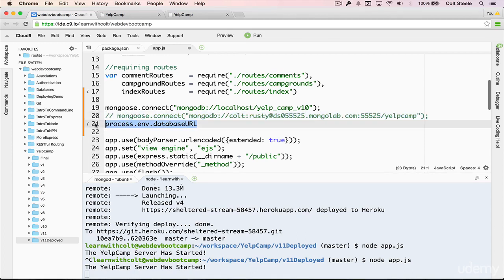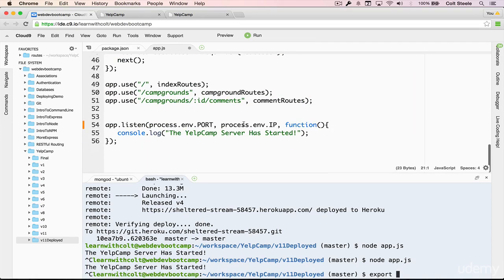But remember, this is coming from outside of this application. This is coming from the actual environment, the server that we're running the code on. So to demonstrate how we make this work, I'm going to start by going over here, closing out, and I'm going to create a new environment variable in the command line. I'm going to type export, which is a new command, and then I'm going to write my environment variable, which usually the convention is to do in all caps, as you can see here, IP, PORT. So we'll do DATABASE_URL